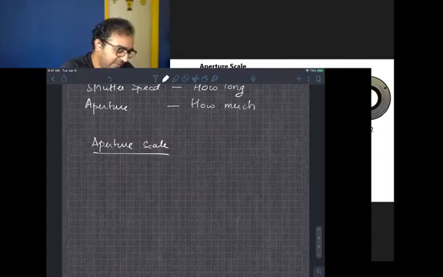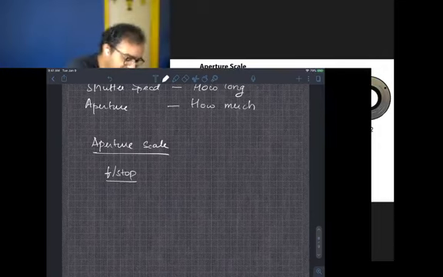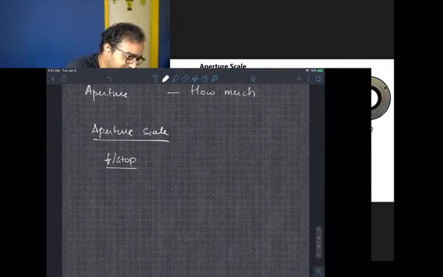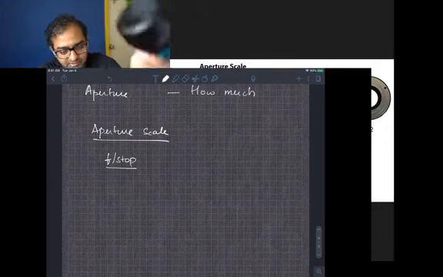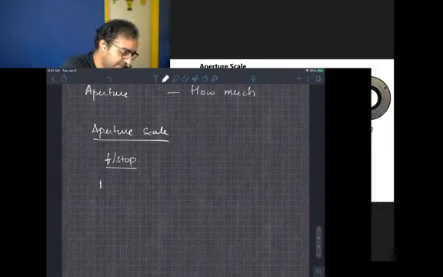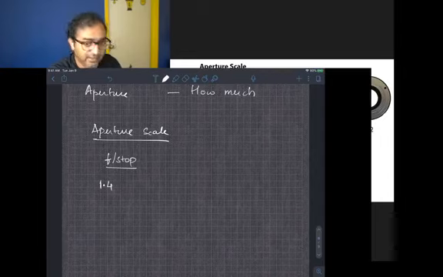Okay, so let's look at the aperture scale. The aperture scale goes like this. This is an f-stop scale, like someone asked in the stream. So this lens which I just showed you is an f1.4 lens. So 1.4 represents the aperture number, and I'll show you the aperture on a different lens.